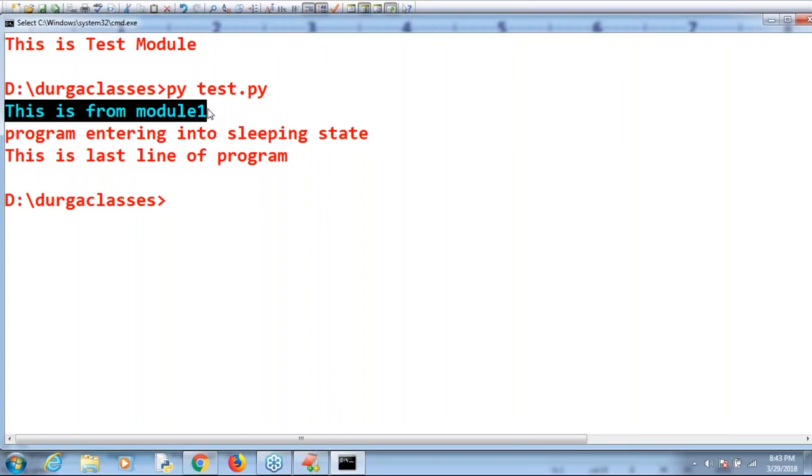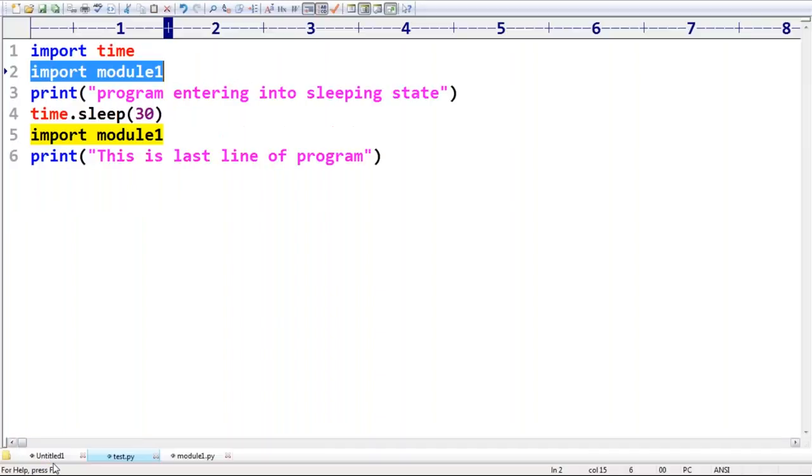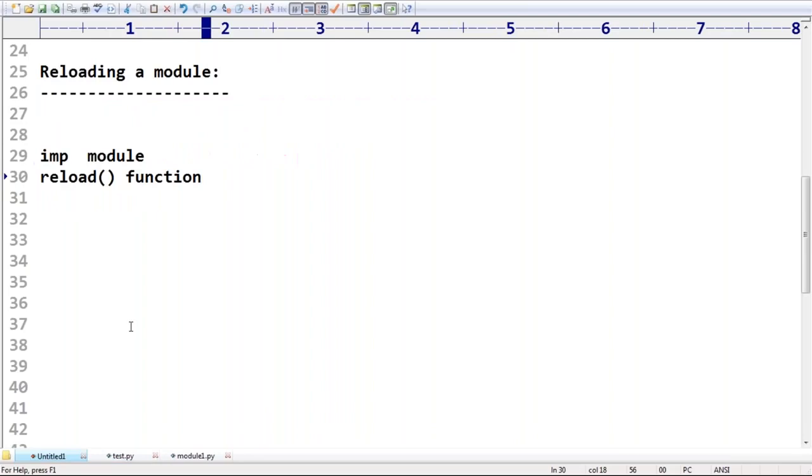Then sometimes it will be compulsory that it should keep on updating. I want only the updated version. I don't want that old legacy version. Then how can you solve this problem? For that, I already introduced two words. What is the first word? The imp module and the reload function. Reload is a function like this, right?